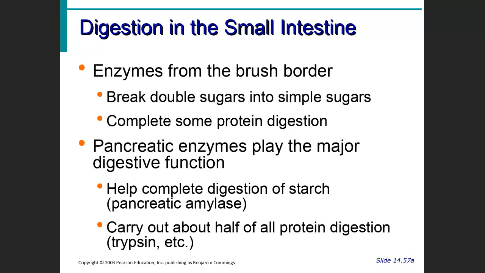Also, the small intestine will finish the job of protein digestion with trypsin that's coming from the pancreas. Remember that the pancreas, again, plays a major role in digestion. A lot of people don't realize that. They think of the pancreas as making insulin all the time. But it actually allows you to digest your food. And it also has that base that neutralizes the stomach acid so you don't eventually dissolve your small intestine from the acid in your stomach.